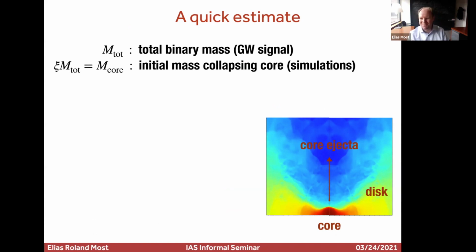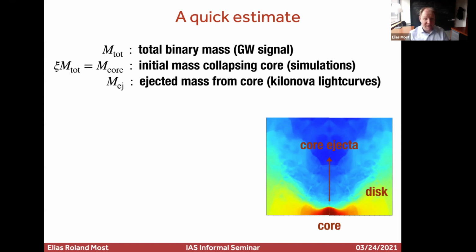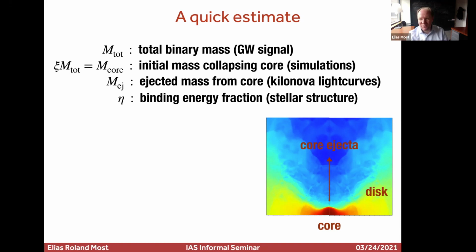So this is what we want to constrain the mass of. Simulations give you the mass fractions, about 95% of the total mass that you put in. This is just what you get as a reasonable range. Then there's certain mass that is ejected from this core, the blue ejecta, and I have to subtract that mass, because during the lifetime it will fly out. In principle I also have to account for gravitational binding energy, because a gravitationally bound system has less mass than an unbound system. Counting the number of particles is not the same as assigning mass to them, because there's binding energy.